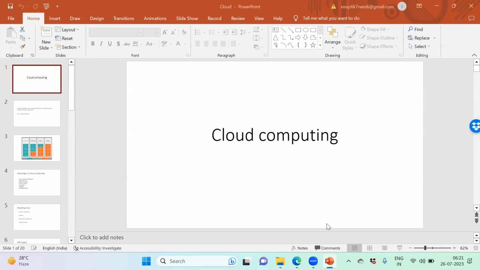But the concept of cloud is that the server is hosted somewhere, that is fine, but if you have access to that cloud, you can quickly increase the hard disk of that server within 1 or 2 minutes. Server means a laptop or a desktop. So you can quickly increase it within a minute.